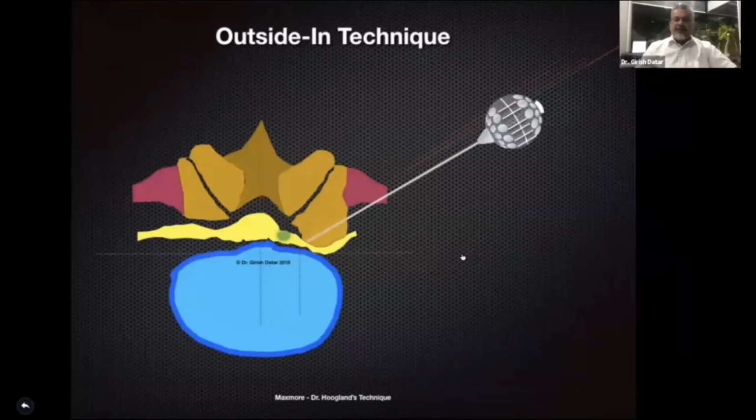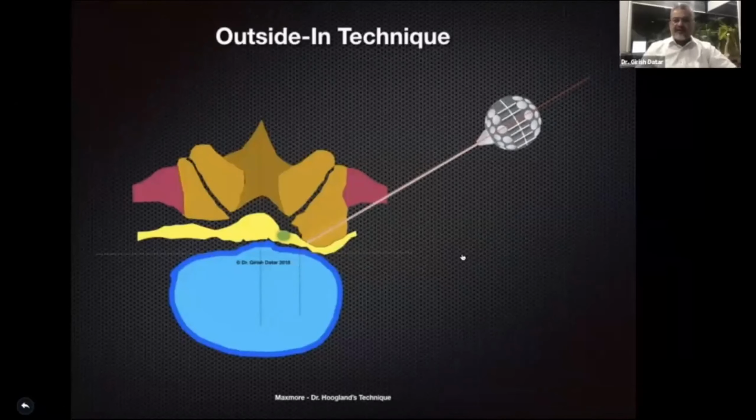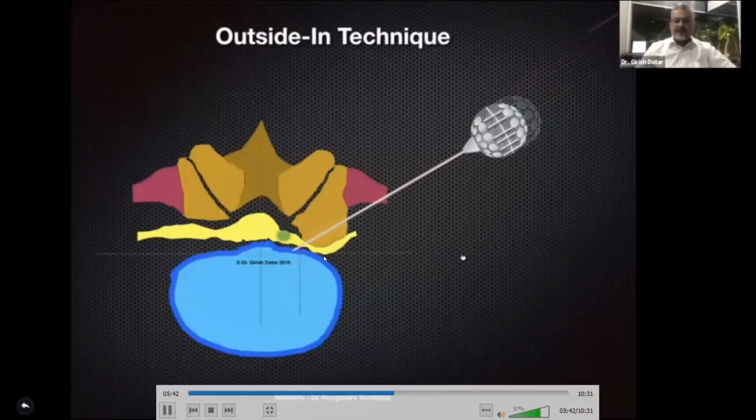You replace the pointed tip of the Tomshidi with the blunt tip of the Tomshidi, so you put in your guide wire and then replace it with the blunt tip Tomshidi. Once you put in your blunt tip Tomshidi, the guide wire is withdrawn and you gently tap the blunt tip Tomshidi to the desired location.